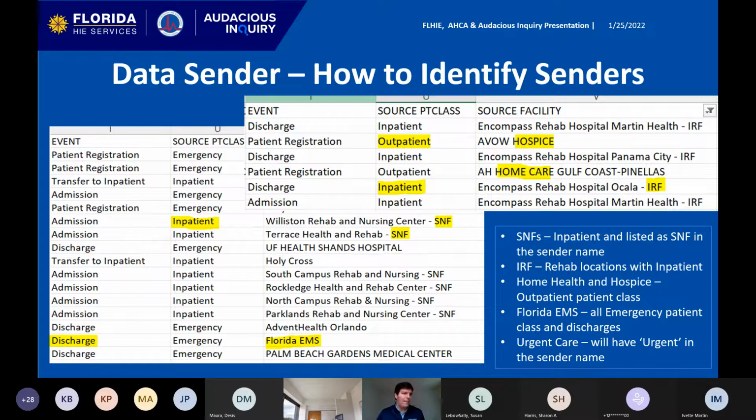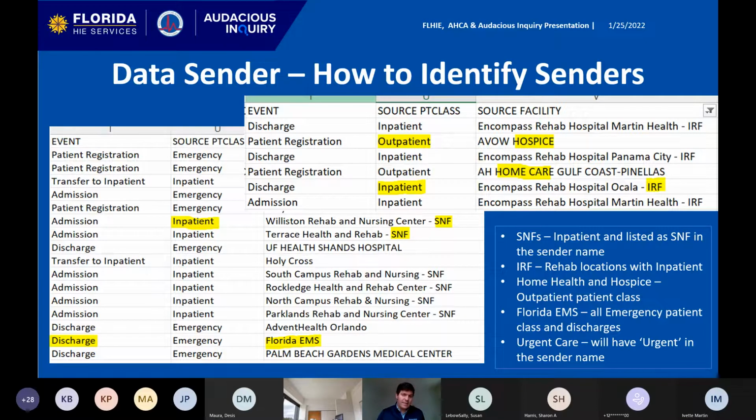But if you'd like to know how many patients have been discharged from the Florida EMS in a treat and release capacity, you could go in and do a filter and look for the specific Florida EMS data sender name, because it's always going to be labeled that. So again, a couple things to think about. If you have your flat daily file that you receive in the Florida SFTP site, or you are in PROMPT, you can search through data sender name and search for SNF, IRF, or EMS,